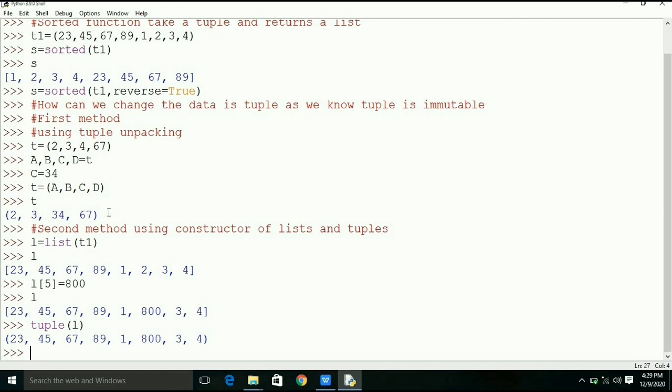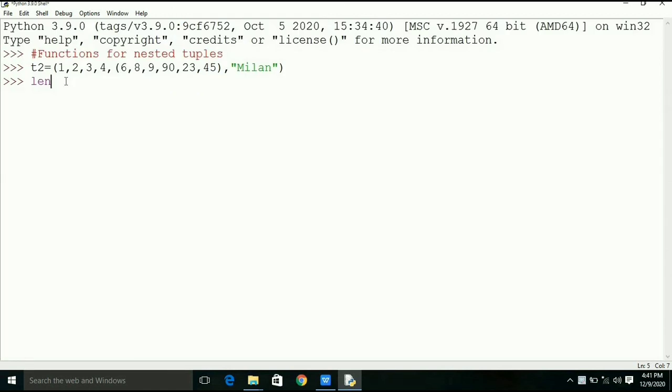Now we'll discuss some functions of nested tuple. There are 6 elements in this tuple and length of T2 will give 6, and the fifth element is a tuple itself, and index of fifth element is 4.